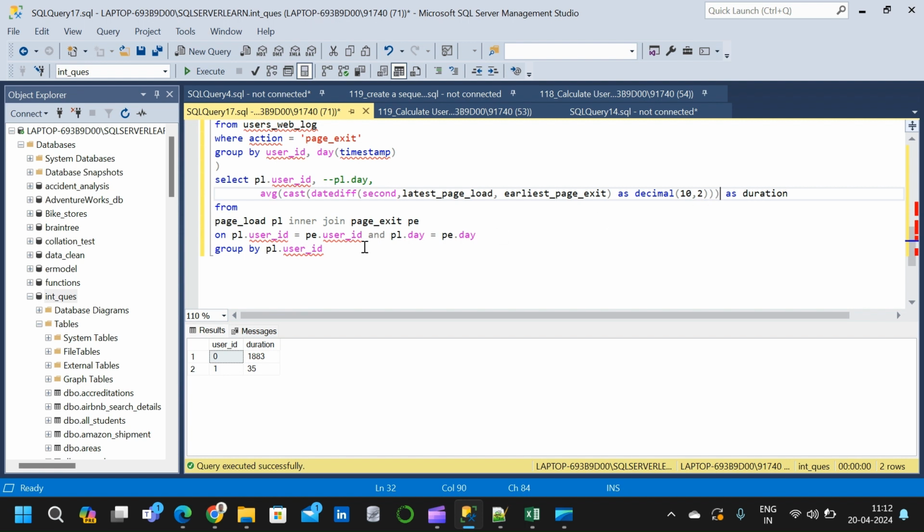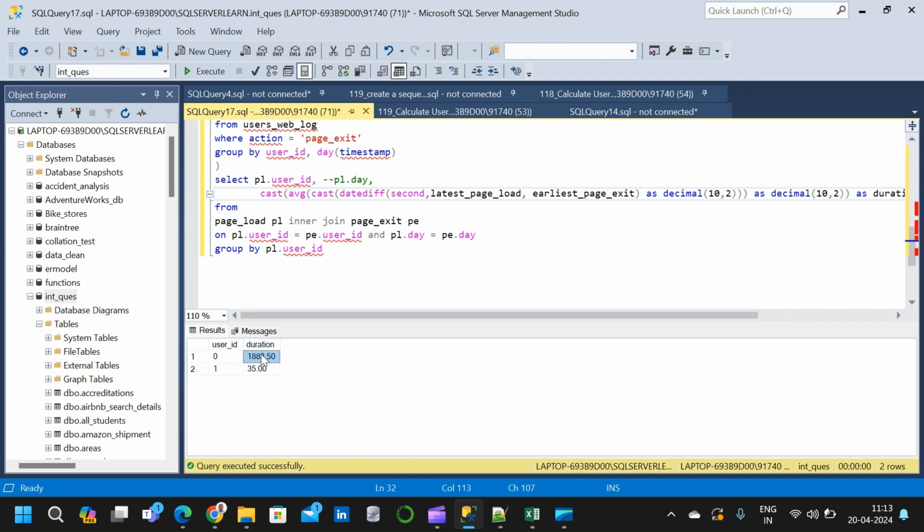Let us run this and see what is the result we are getting. Now we have our final result in the required format. When we initially ran the query, we can see that the earlier result was 1883 without this decimal part. Because this 0.5 was neglected, hence this result was considered as an integer. Now when we converted the result of dateDiff function into a decimal, we have the final result in the decimal format only. We can use a cast function once again, that is cast as decimal. Once again, decimal 10 comma 2,